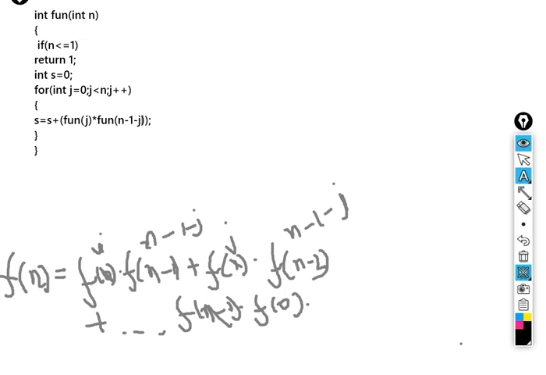So cool, we have coded this part, and then in the last we need to return n. Not n but rather s, because s would be containing the entire sum.